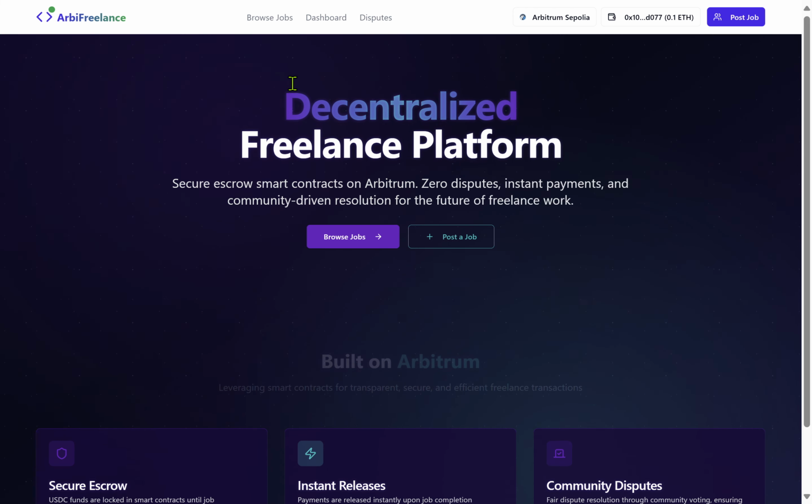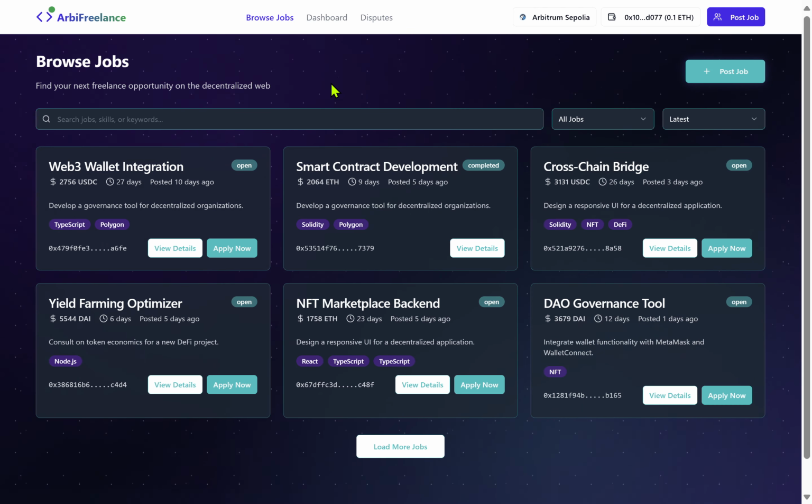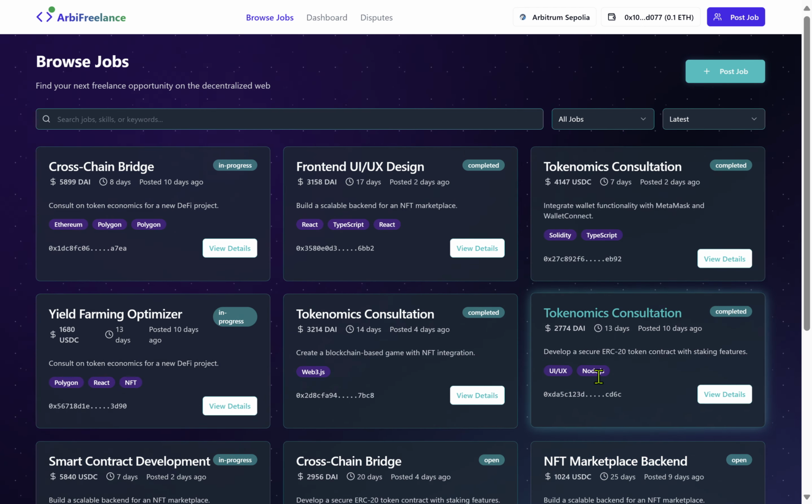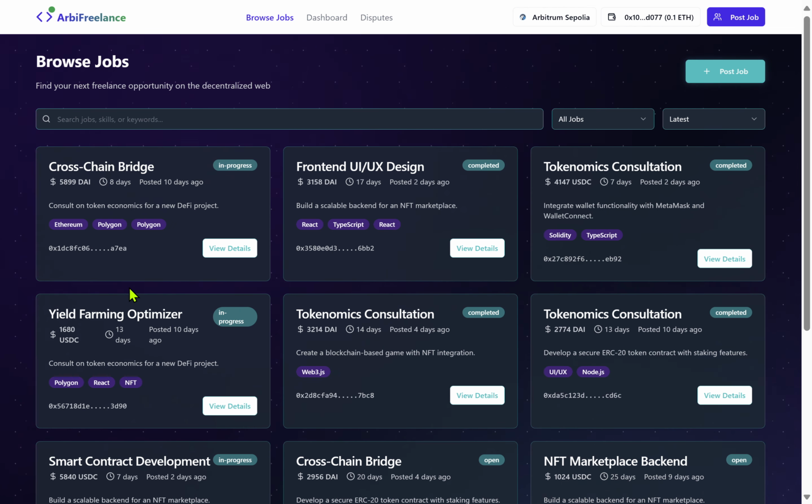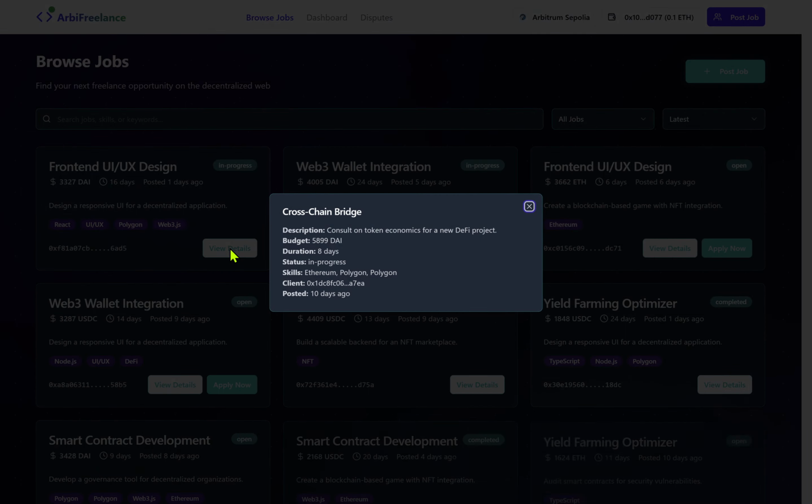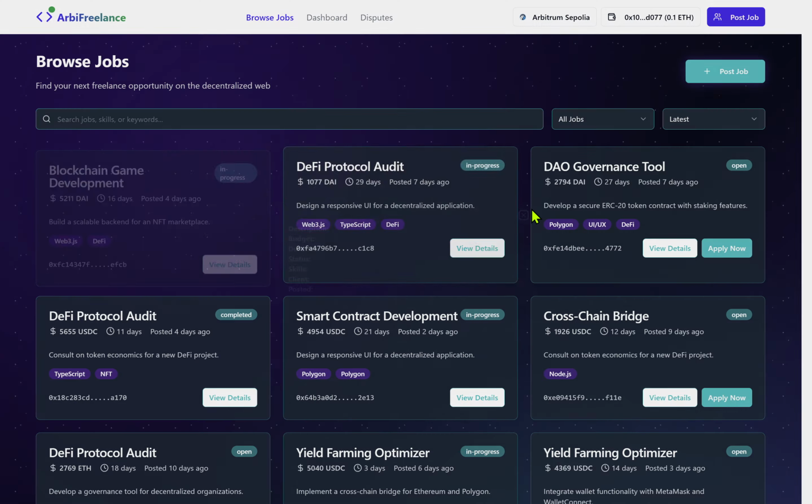We'll take a deeper look into this platform and what it has to offer. This is the browse job interface. In this interface, we have jobs being listed where a freelancer can view the details and look into what his interests are.